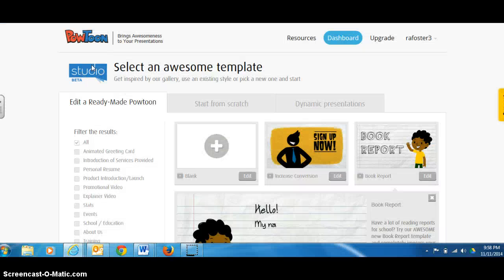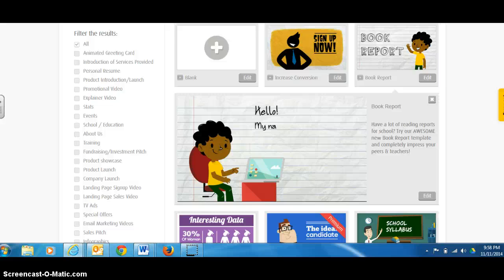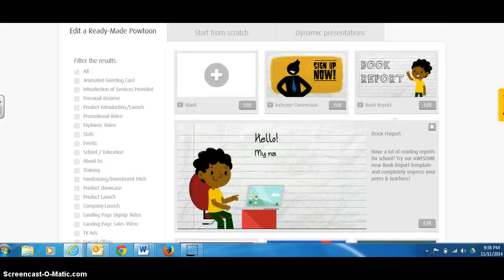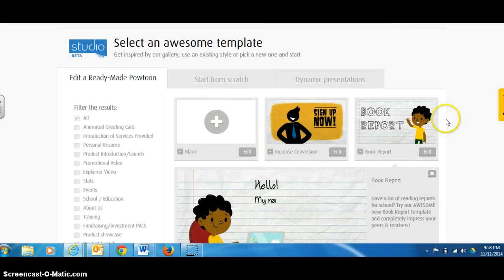So as you can see, it is pretty easy to create an animated PowerPoint presentation using Powtoon. When you click on it and you log in, it is a free app or website. You can either edit a ready-made Powtoon or start from scratch, and there's quite a few to choose from. So one that I have used in my classroom is the book report, and you can click on edit